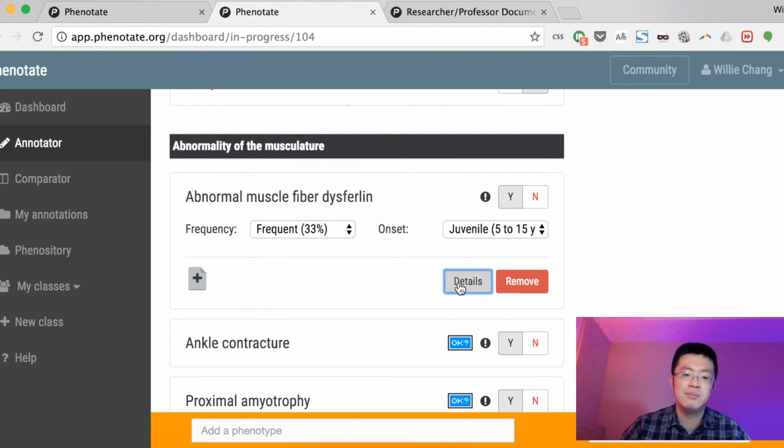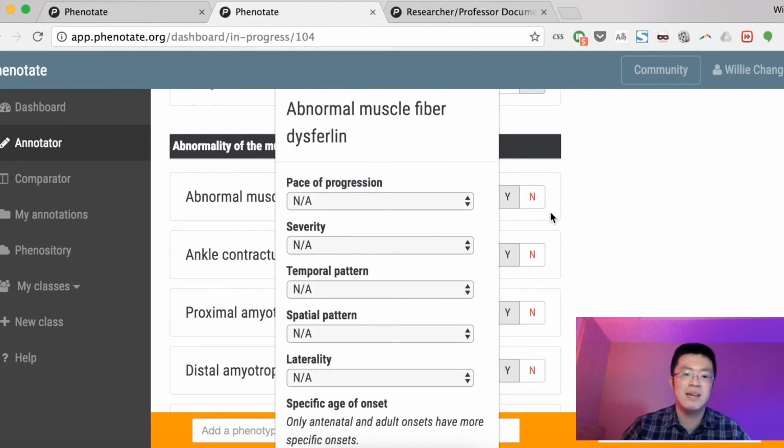Here you have the details button. You can edit details like pace of progression, severity, temporal pattern, spatial pattern, and laterality. This last one is specific